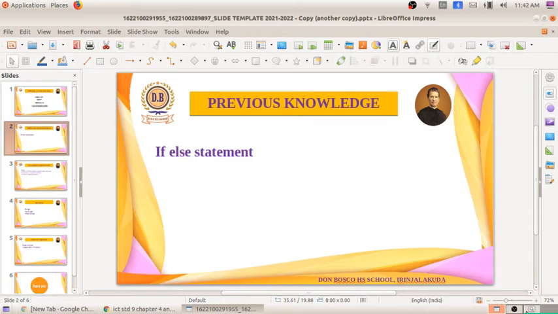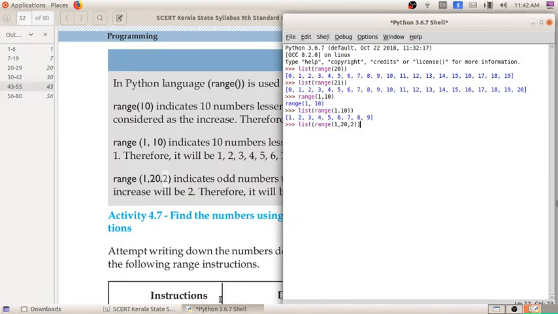So here I am going to type that, enter. What you can see, the starting value gets printed here, the end value will not get printed. Then one number less than that value only will be printed, which is why 20 is not printed here, only 19. And next is showing the difference. You can see 3 minus 1 is 2, 5 minus 3 is 2, 7 minus 5 is 2. So that is the difference.